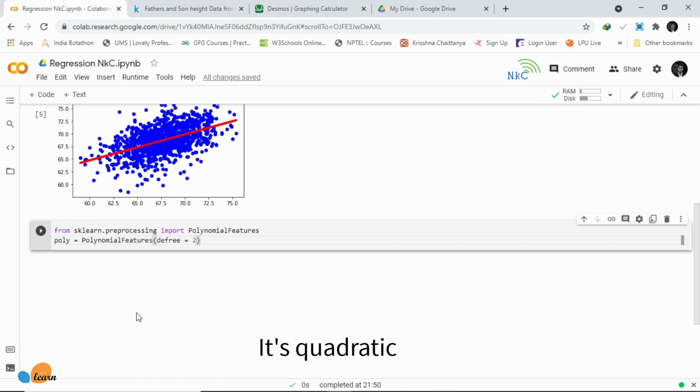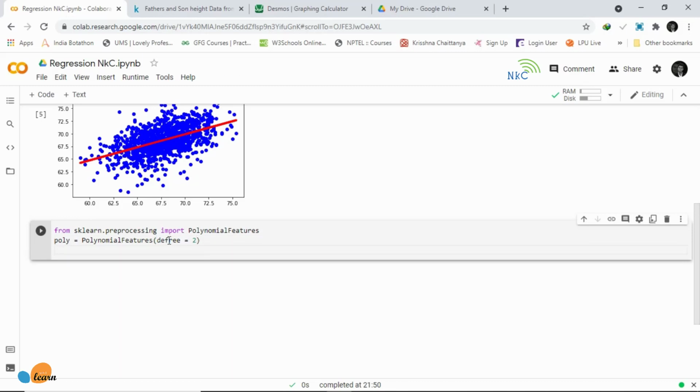So for instance, for a simple U shape, we'll set it to 2, and if our data is more complex, we'll keep on raising that degree and see which degree works best on the dataset.